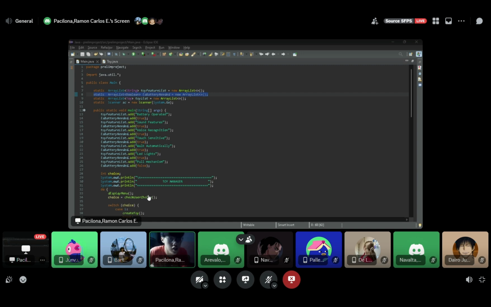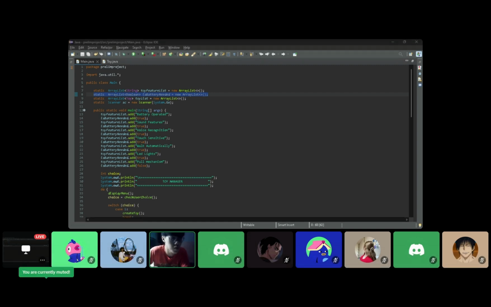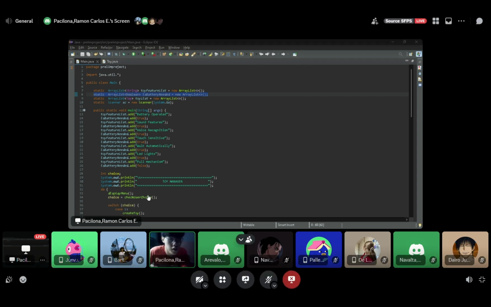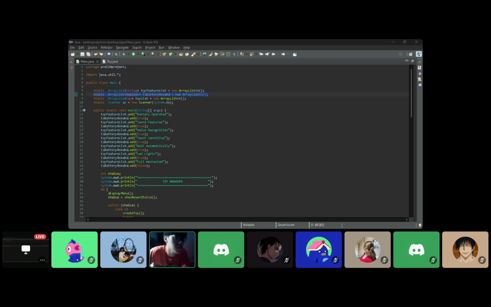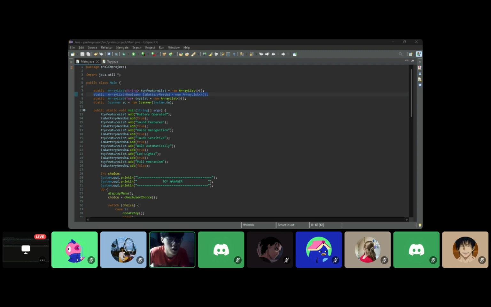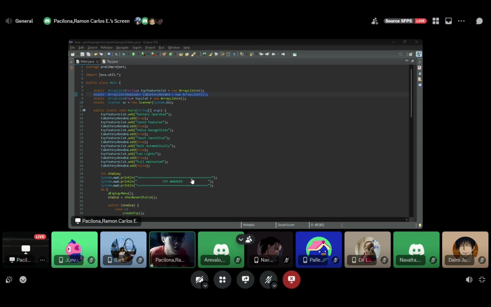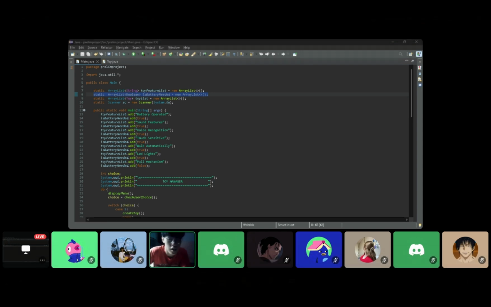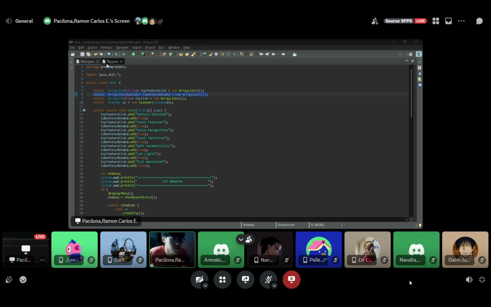The is battery needed list holds Boolean values corresponding to each toy, where true indicates the toy needs a battery and false if it doesn't. Since both lists are static, they are shared across all toy instances, meaning each toy's features in toy feature list are directly related to its battery requirement in is battery needed through the same index. This setup allows for easy tracking of each toy's features and whether it requires a battery, ensuring consistency between the two lists.